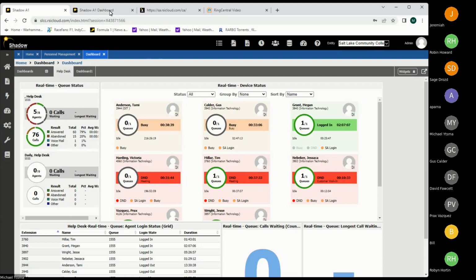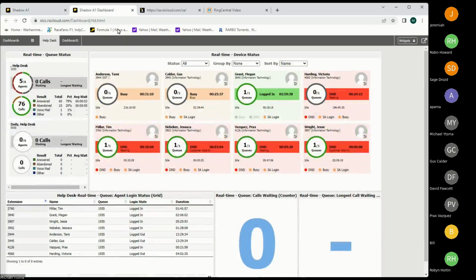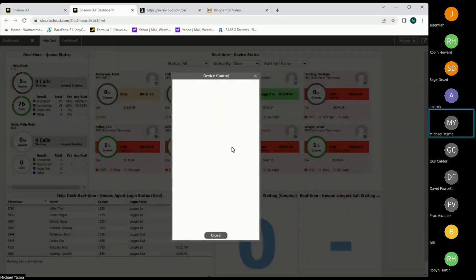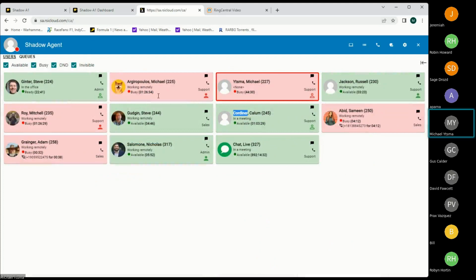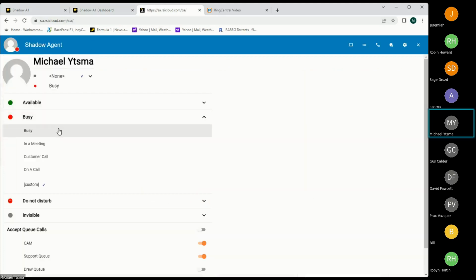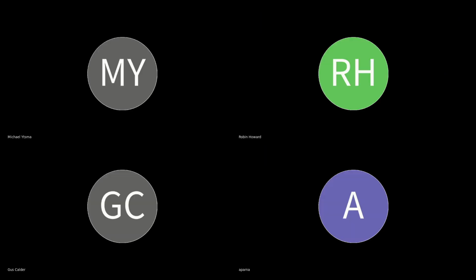So in either case, if you do it in here, we find somebody, you click on them, and if you say do not disturb or accept or turn off the queue calls, it should update. Like mine, if I change my status from busy, because I'm in the meeting here, I'll show you my MVP program, you can see that